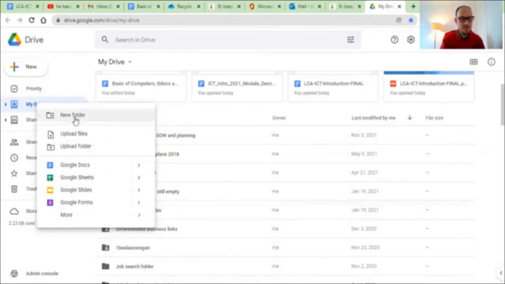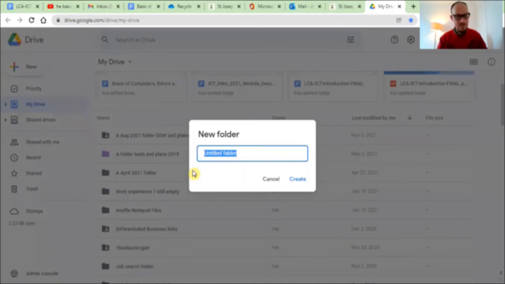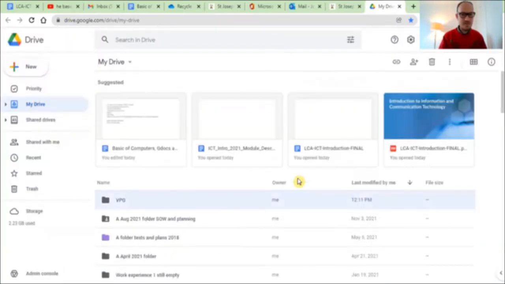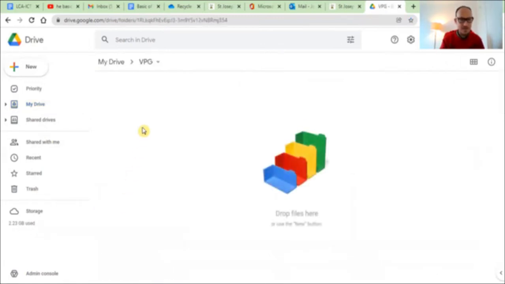Okay, so I want to just set up a new folder. So if you're setting up a folder for VPG, say vocational preparation and guidance, it's very simple. Just click that and create. Now, the trick then to having all your files saved into the right places, click on it, and then